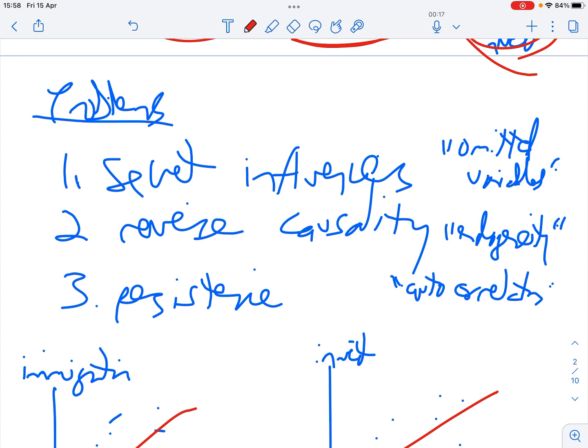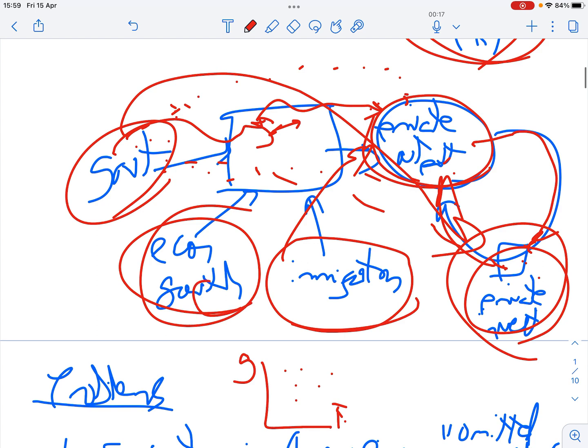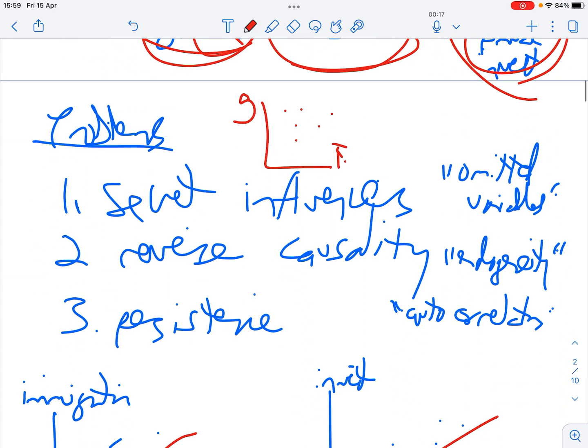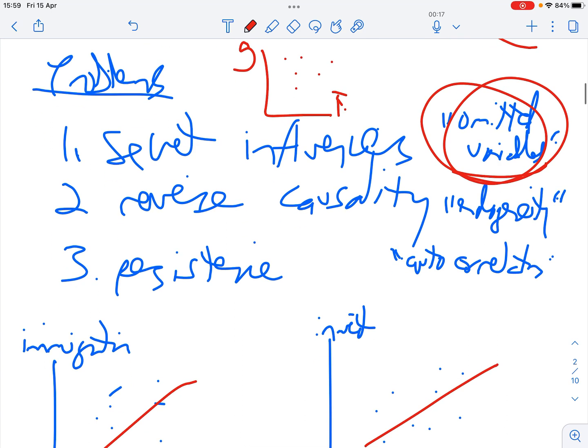So we see that the problem with just drawing data, government and investment, is that there are these secret influencers, right? There's the economic growth itself, there's immigration, there's other topics which we'll talk about. Economists use the fancy jargon of omitted variables. It just means something that you didn't take into account when you first drew that graph. The second is also common sense. The second problem, we call it endogeneity, or reverse causality.